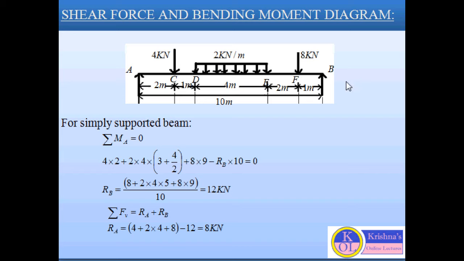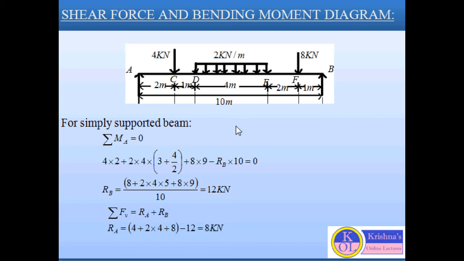So for this kind of beam we have to draw the shear force diagram and the bending moment diagram. Here we have the values of the forces: 2 point loads and 1 uniformly distributed load. Now at points A and B we will consider the reactions RA and RB. These are unknown values. So first we have to find the unknown values, and after that we can draw the shear force diagram.